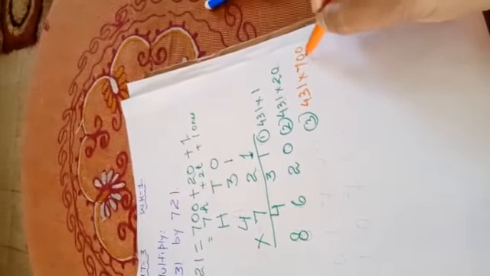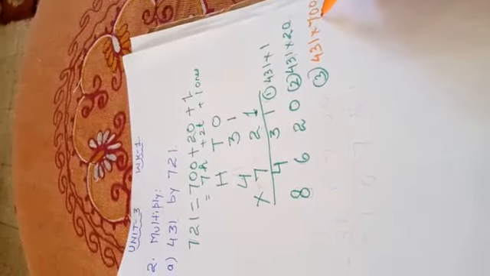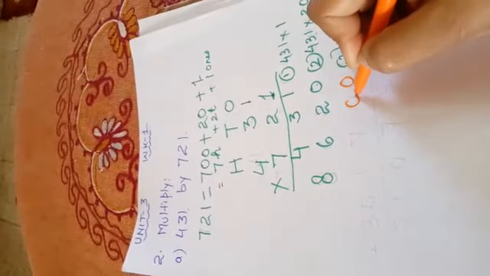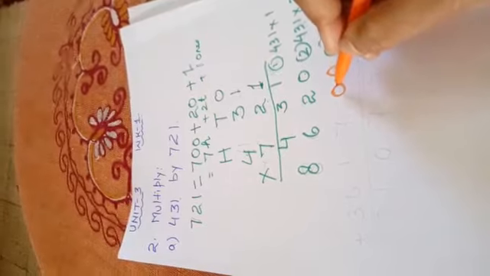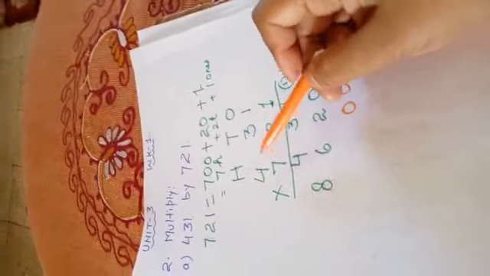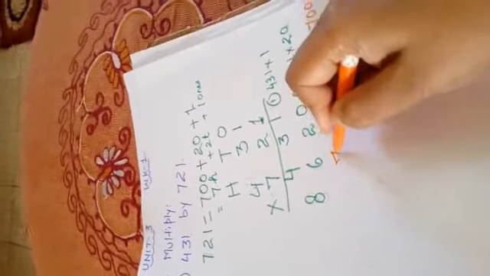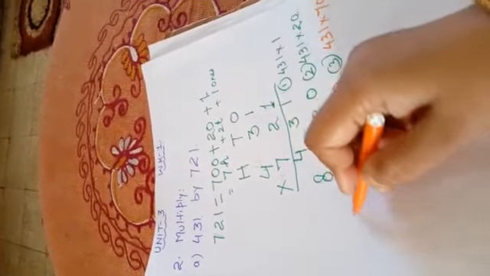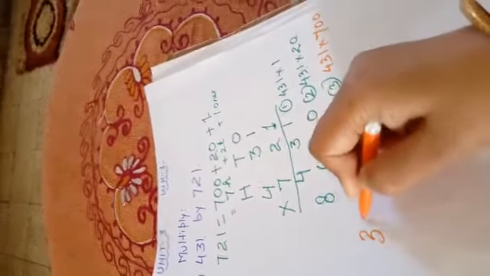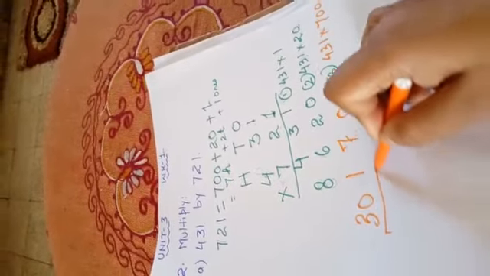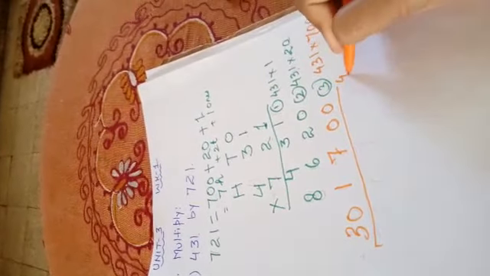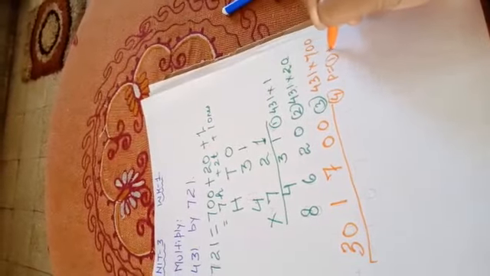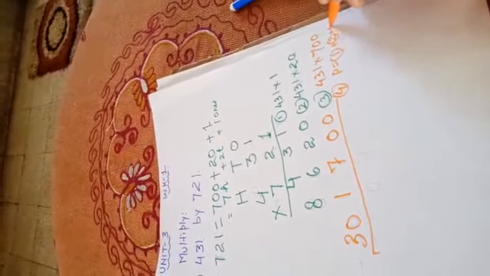Since 7 is having two 0s to the right side of 7, in the product also there will be two 0s to the right side of the product. Okay, now I will start the multiplication. 7 ones are 7, 7 threes are 21, 2 carry over, 7 fours are 28, 28 plus 2, 30. Now the last step, that is the fourth step, is the product. What is the product? We add first step plus second step plus third step.